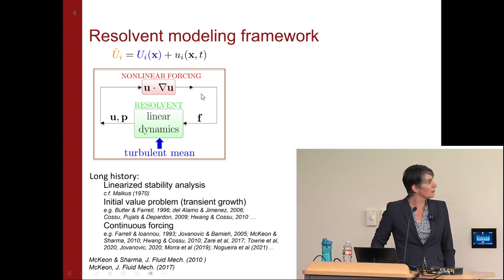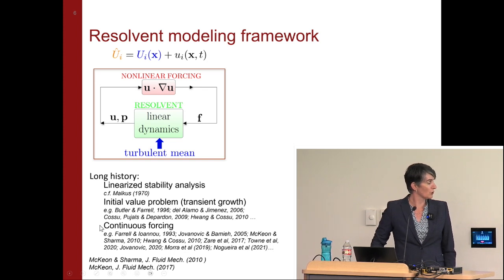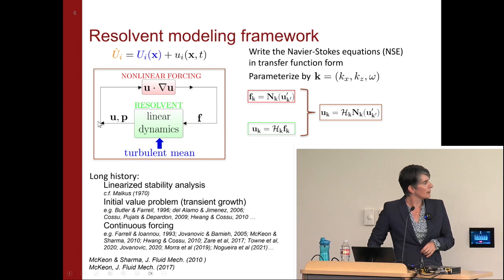So if I cut off the top part here and I just kept the green, I could think about this as a stability analysis, right? So under what conditions do I get an unstable behavior of the linearized Navier-Stokes equations? It's been framed in terms of an initial value problem or transient growth. People have looked at continuous forcing for laminar base flow in particular, and also for the